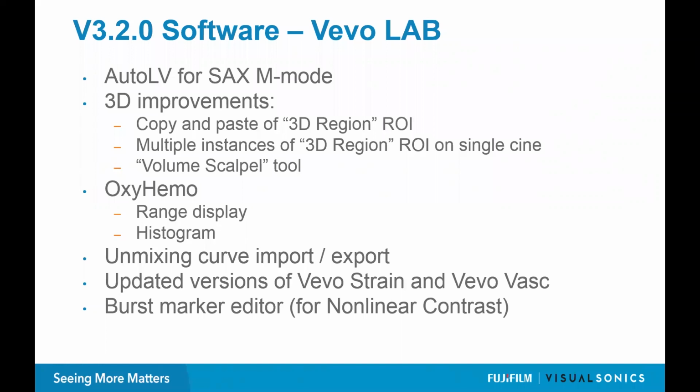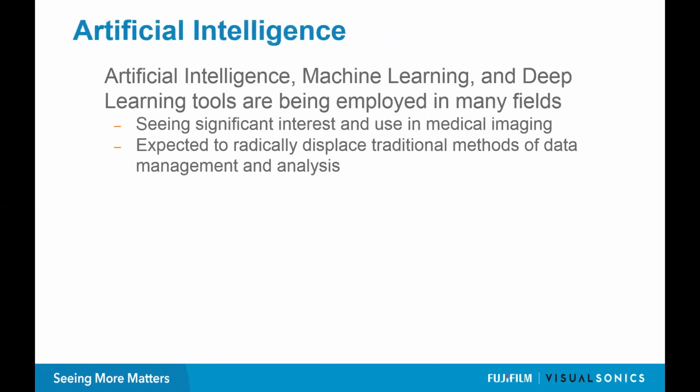Another nice tool that's been added to Vevo LAB that I'll show as well when we get over to the Vevo LAB demonstration is an editor for the burst marker, and this is specific to nonlinear contrast images where you've launched a burst pulse to do destruction reperfusion imaging. So I mentioned off the top of that slide there that the AutoLV tool had been extended to short axis,